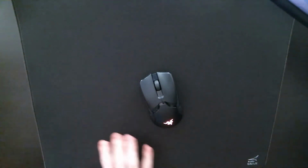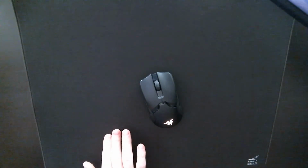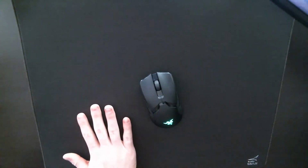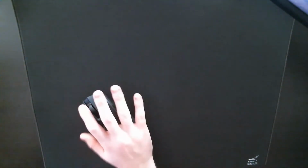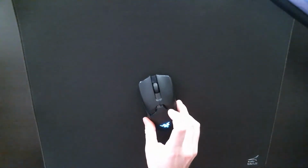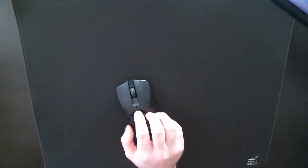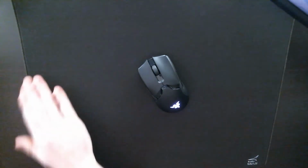The Extra Soft, you can't really tell from the angle I'm using, but if you press your finger or even two fingers down, you definitely get like a dent into the mouse pad. And that's what makes it the soft and smooth material. And you might think, wow, do I press my mouse down hard? No. If you press your mouse down extremely hard, you'd have to be like ridiculous, like the Hulk, pressing your mouse down to the point that you may even break your mouse before the dips in the mouse pad would become